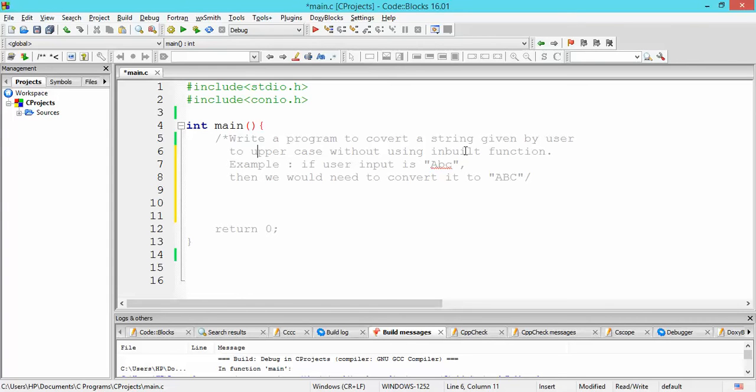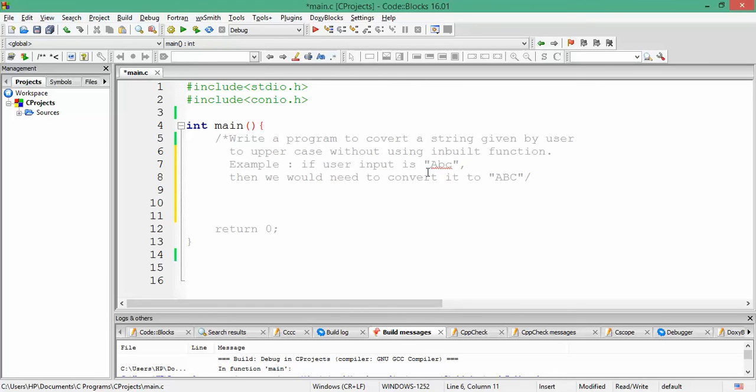To use that inbuilt function, we need to include string.h as header file. But for this program, we are going to write our own custom function, which would have the same prototype of inbuilt library function strupr, and which would accomplish the task of converting a string given by user to its uppercase.